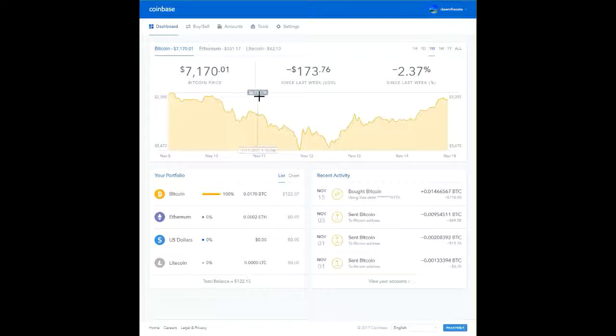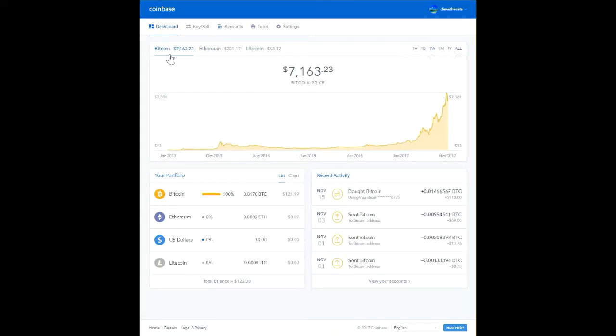Okay, so I'm in my Coinbase account. You notice I'm logged in and I'm looking at the dashboard. And so in Coinbase, if you're looking at the dashboard, you'll see the pricing for Bitcoin, Ethereum, and Litecoin for the last hour, the last day, all time, etc. You'll also see down here at the bottom my portfolio, how much I own in each of those, and then